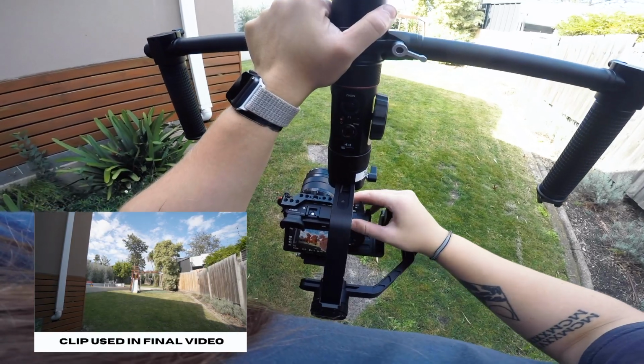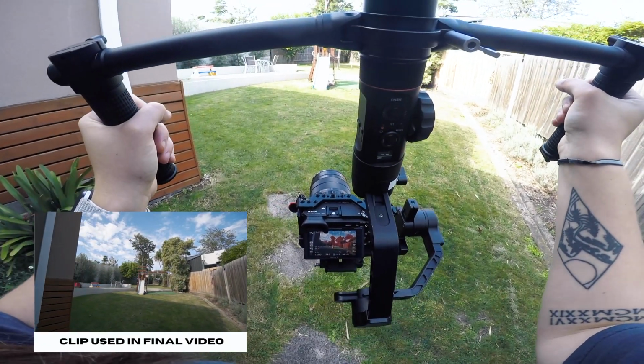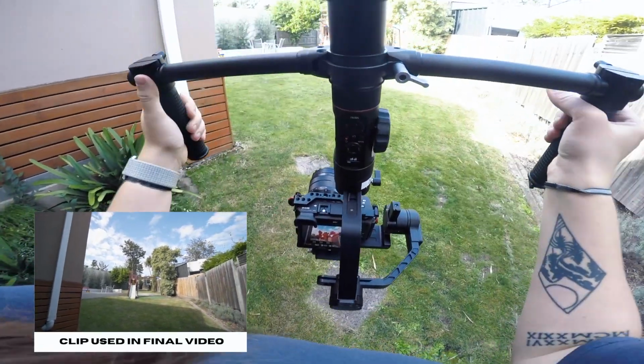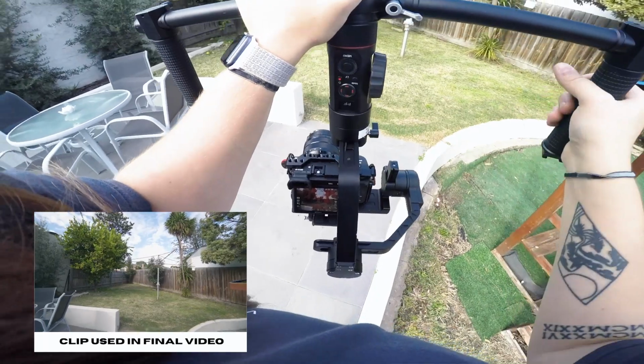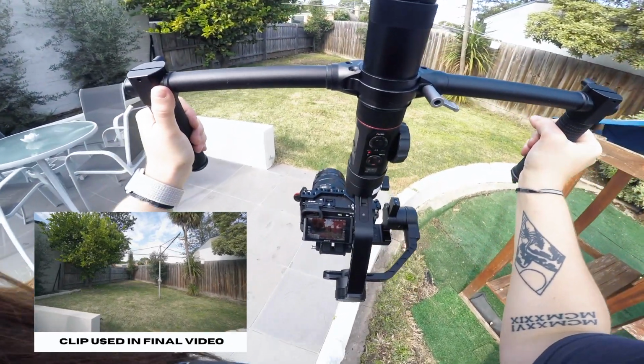On this particular day, it was sunny with a few clouds, and you can see the lighting kept fluctuating. I don't have a step-up ring for this lens, so I couldn't use my ND filter. In my opinion, it's not the end of the world if you do break the 180-degree shutter rule for these types of videos. Due to the light constantly changing on me, I decided to capture the backyard in segments rather